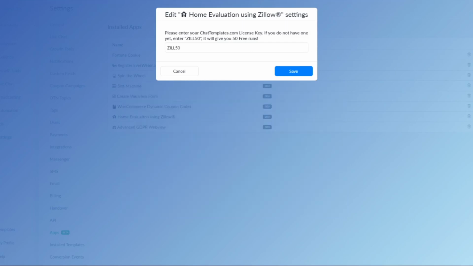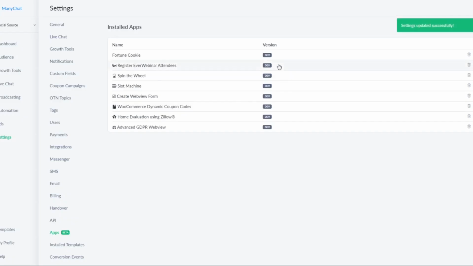Here all you have to do is fill in your license key, the one you can buy at Chat Templates, or if you only want to try it out, there's 50 free runs each month, and all you have to do is put in this ZIL50. Just click save and move over to your Flowbuilder,